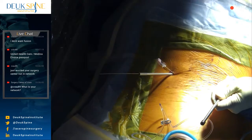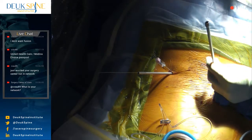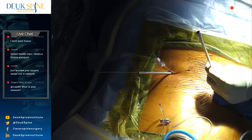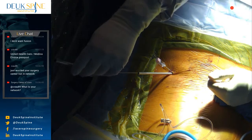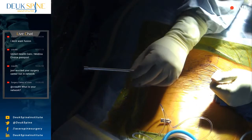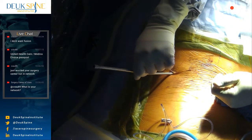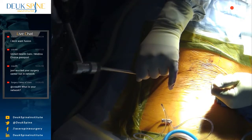Now that I've done over 1,000 of these endoscopic surgeries, 1,000 patients. We've done 1,350 patients now. And that's not a lot. There are certainly endoscopic surgeons that have done more than me. But I do them in all parts of the spine, cervical, thoracic, and lumbar. And the endoscopic surgeons that have done more than me have only done really lumbar, okay? Which is what we're doing today, obviously. But I cannot, in good conscience, recommend surgeries like laminectomy, microdiscectomy, fusions anymore, artificial discs anymore, because this is so much better for the patient